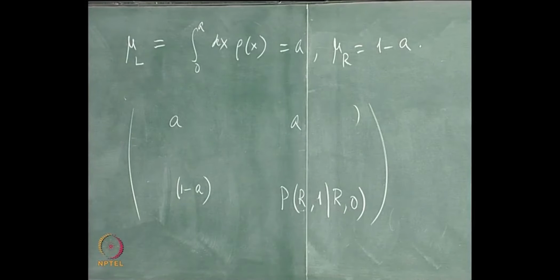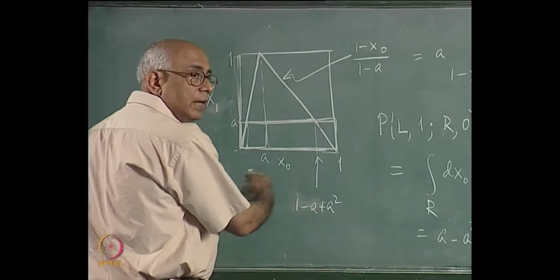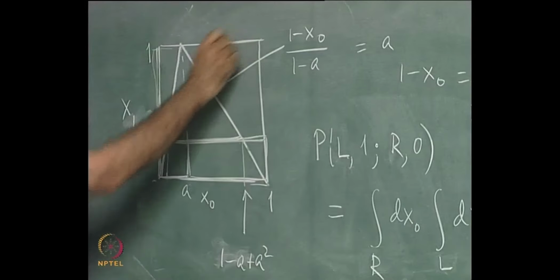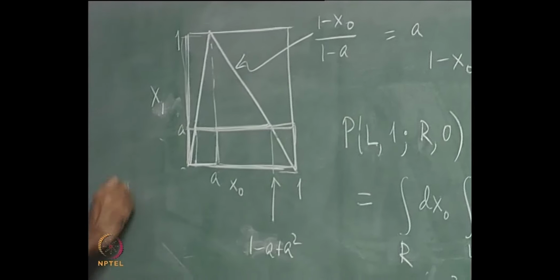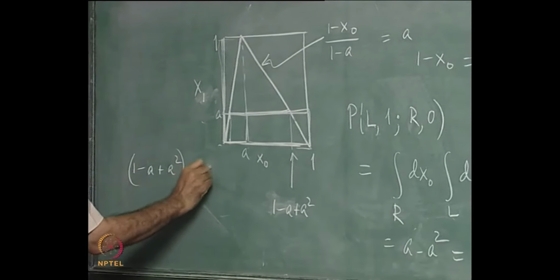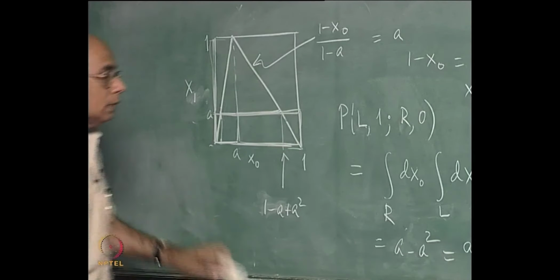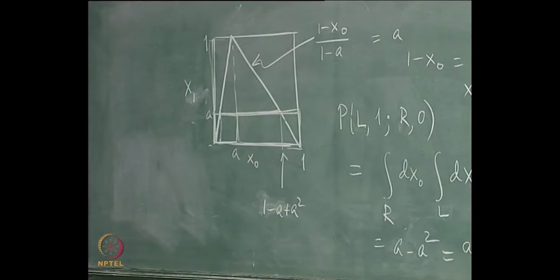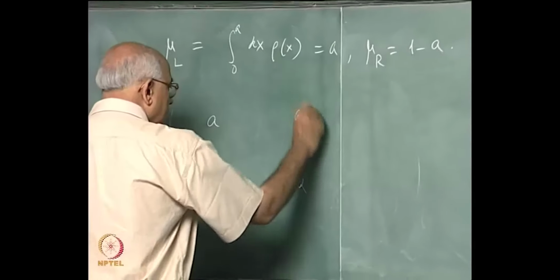And finally we need to know this length and divide by the measure of the right cell, because we are now integrating over this region, and that length is 1 minus a plus a squared minus a, it is 1 minus a the whole squared, divided by 1 minus a to get the conditional probability, which just gives me 1 minus a. So this here is an a and a 1 minus a on this side.